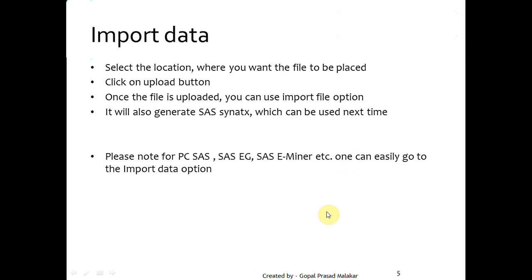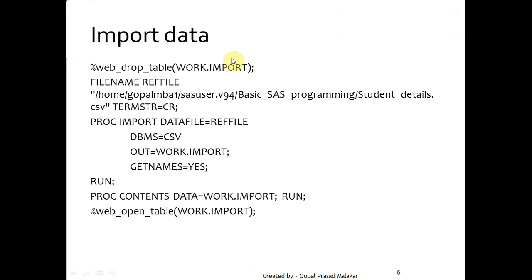If we were using PC SAS or SAS Enterprise Guide or SAS Enterprise Miner, without uploading you can do it, because it can directly browse your local machine. And this is how it generated the syntax. It is also adding a contents step so that after importing it can directly generate the contents for you.